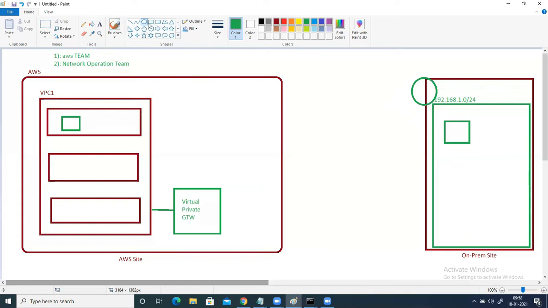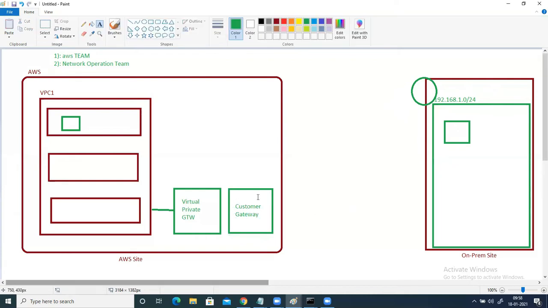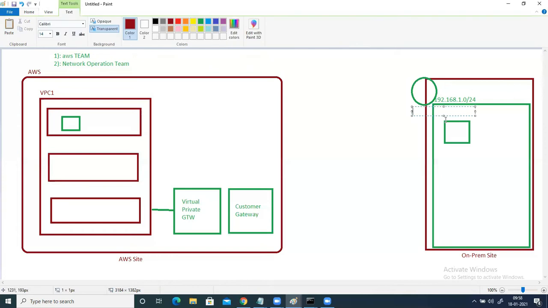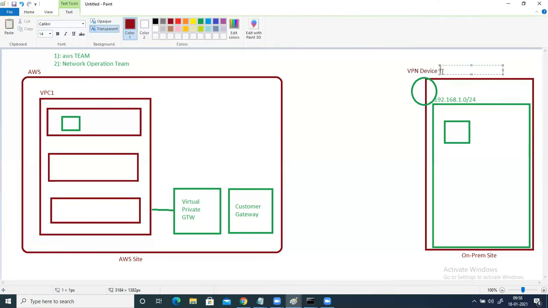What we are doing is creating this customer gateway here. Let's say this is a customer gateway. In this customer gateway, I will provide the IP address of this VPN device. This VPN device will also have a public IP address.